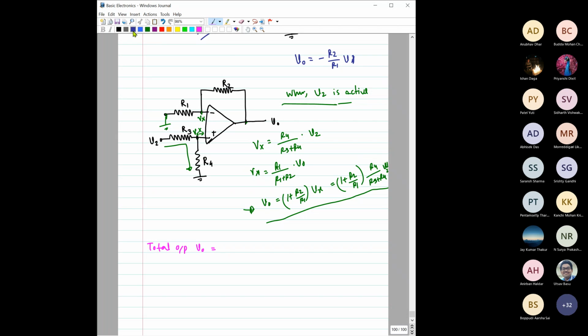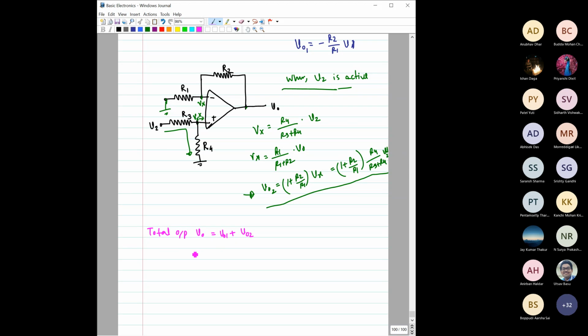I think I should denote it by some name like this 1 and this 2, to avoid any confusion. So it would be equal to V01 plus V02. Okay, so finally then what we are getting? We have to write it like V01 and V02. One of the terms is minus, so I would like to have this minus term later on. So let us write with the V2 term first. So it is V2 into R4 by R3 plus R4 into R1 plus R2 by R1, basically this term, right,